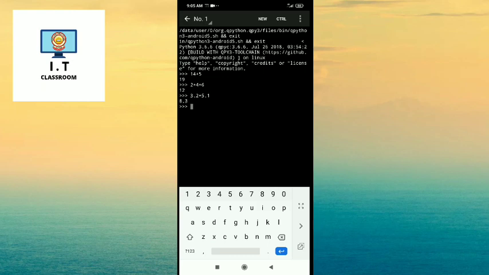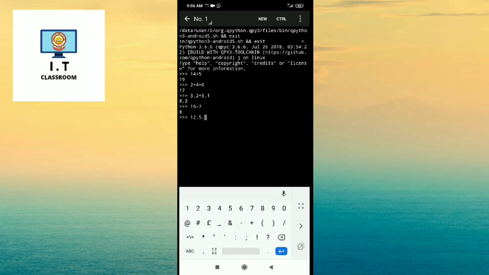Same way, if you want to add two or more numbers, the numbers can be of the type integer, float or mixed. Then you have to type the command like this and after that press the enter key after typing each command. The sum in each case will be displayed in the next line as shown here.